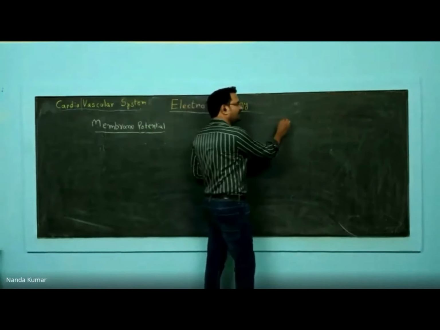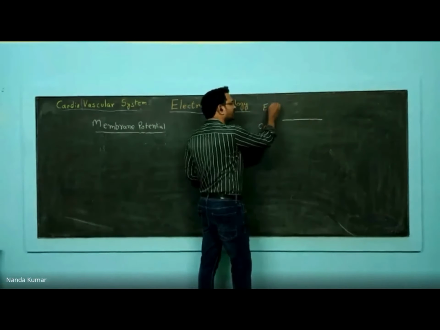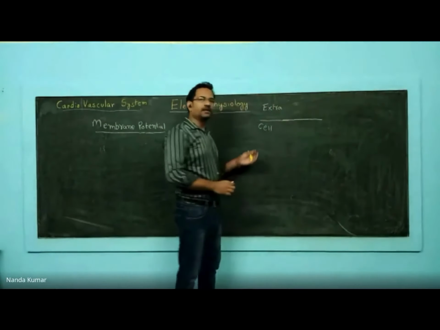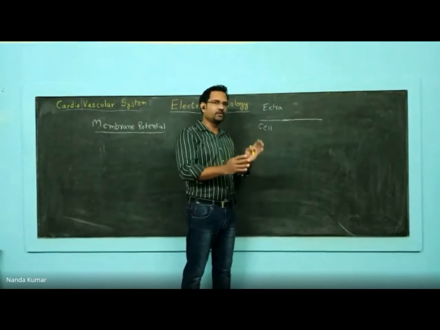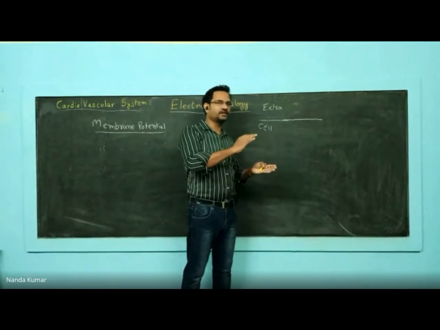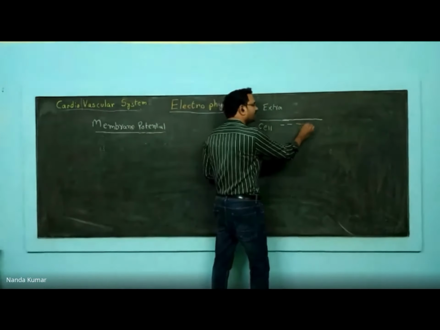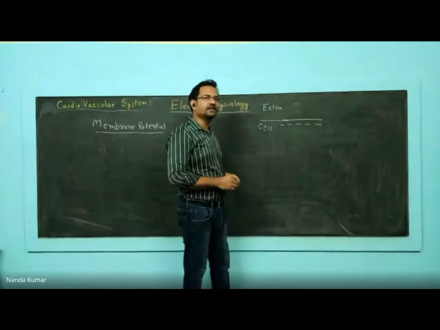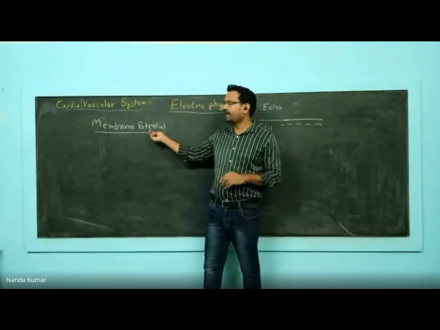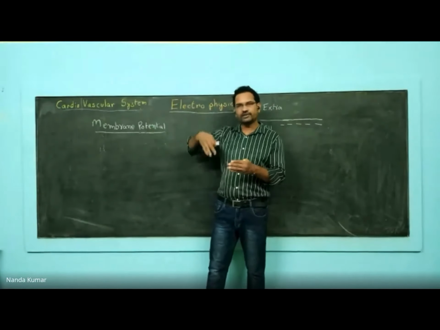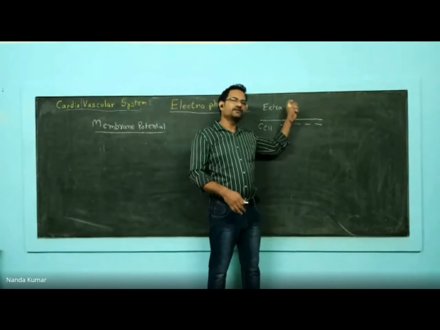What happens is, at the cell membrane, if this is inside the cell and this is the extracellular space, inside the cell you have a lot of phosphates and certain proteins. They are fixed. They cannot move from inside the cell to outside the cell. Because of this fixed proportion, inside the cell there is a kind of negative charge compared to outside the cell. So at the membrane you have a charge difference. This is called membrane potential. Across the membrane, there is a charge difference. It is relatively negative compared to the outside of the cell.